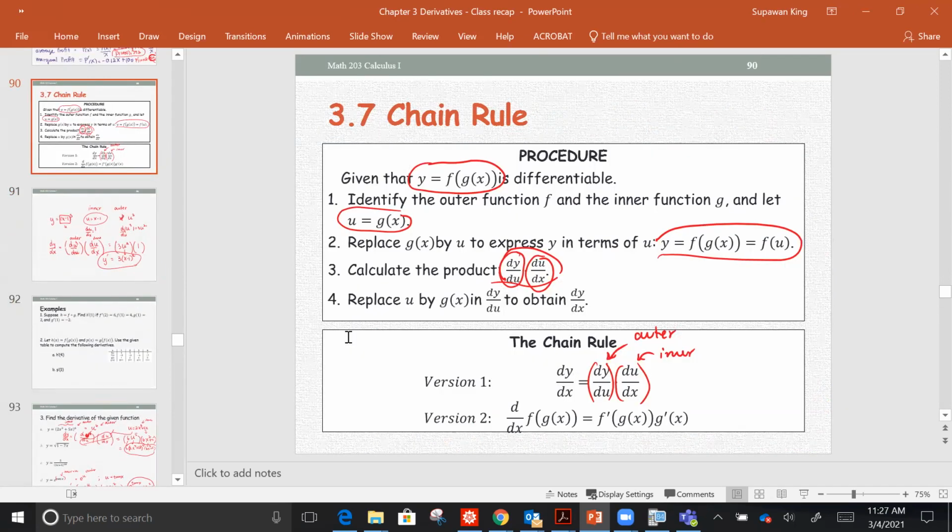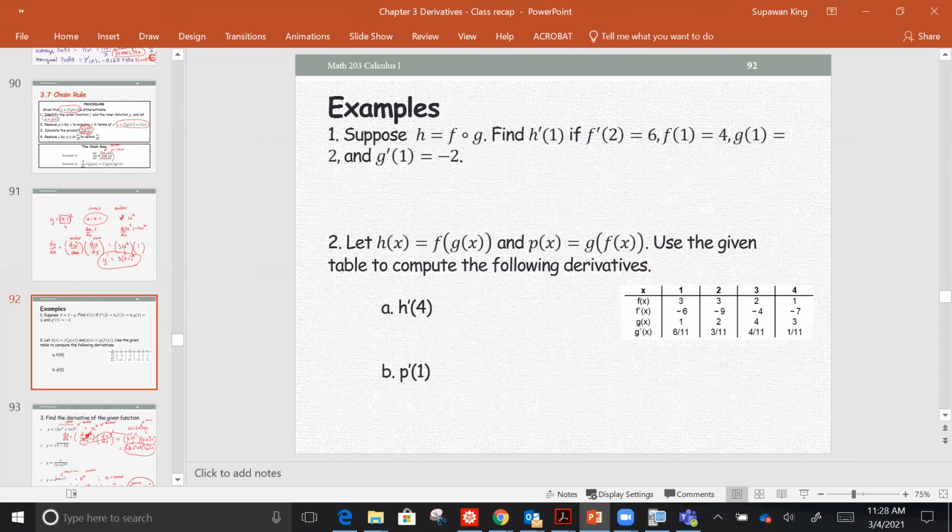The second version, I'd say, is the traditional version. That means you go from the outermost, don't worry about the inside, bring everything inside, and then after the first layer, you go to the second layer and then go in for another layer until you are done. For the second part, if you give me 2 minutes, I'm going to go through this real quick. The first example here is the concept problem that you would use. In the second version, H is composed of F and G. You can write it as F of G, and when you find H prime at 1,